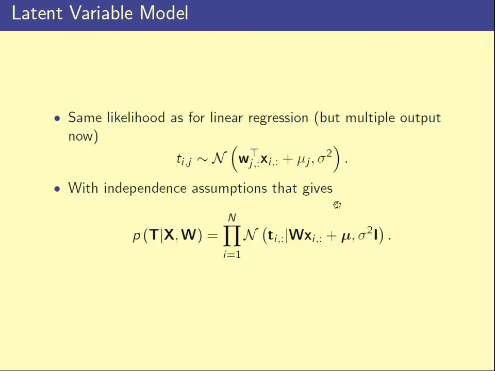Now, the cool thing about this is it's almost exactly the same likelihood as linear regression. So, if you look at the ith data point, the ith student and their jth exam mark, if we're just looking at the jth exam mark only, so we consider one exam, it's just linear regression. Okay, and we know that this mu can also be absorbed into the x, but we're keeping it separate here because we don't want to use this basis function interpretation for reasons we'll find in a moment. So we're keeping the mu separate.